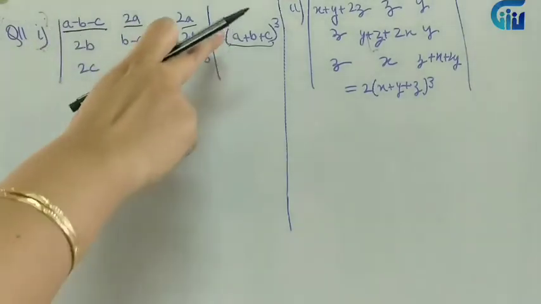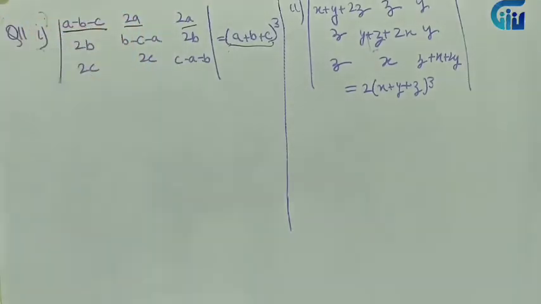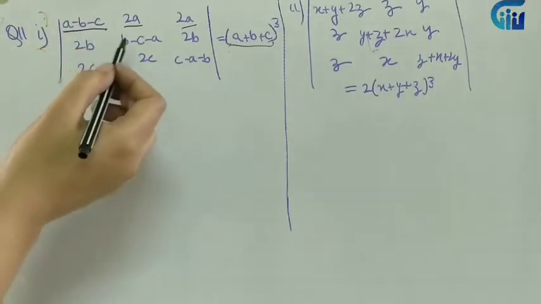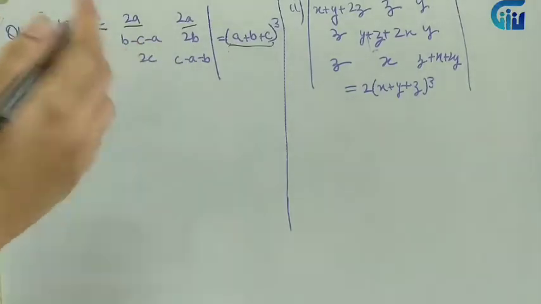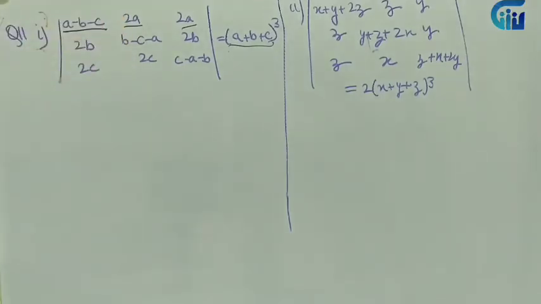So I am not getting this result. And along that I am not getting all the elements same. See, here I am getting 5A minus B minus C. Here I will get 5B minus C minus A. Here I will get 5C minus A minus B. So all the elements are not same. When we are applying this addition property, all the elements of that particular row or column should be same. But here I am not getting it. So what will I do?